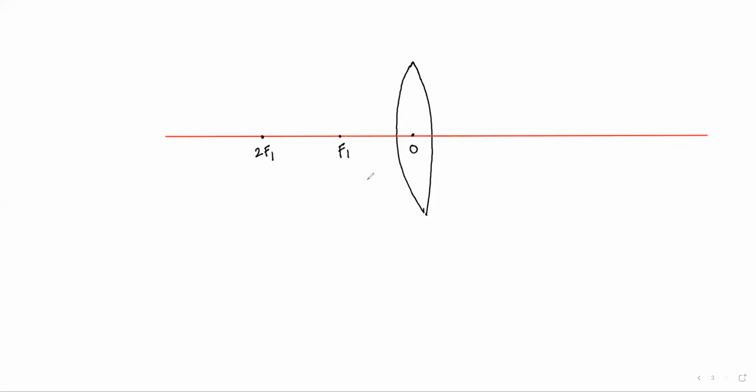You know why? Because we know that this distance is focal length, and this distance, if you call it C, O to C will be double of focal length. So we represent this point sometimes as 2F1. Have you understood? Just indicating that this distance is half of this distance. Got it, students? So F1 to F1. Similarly, this will be, come on, students, F2 and 2F2.